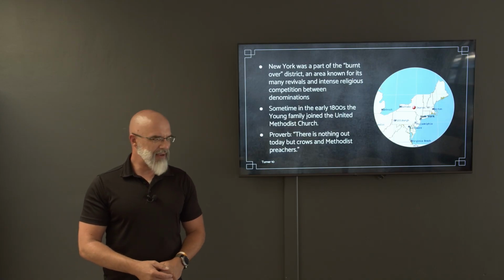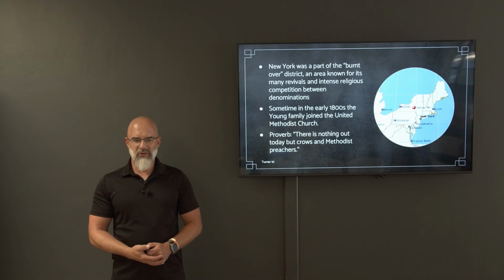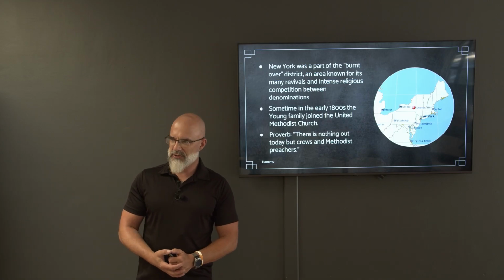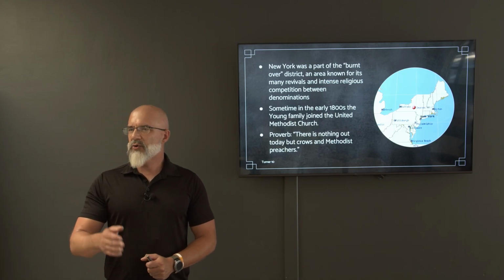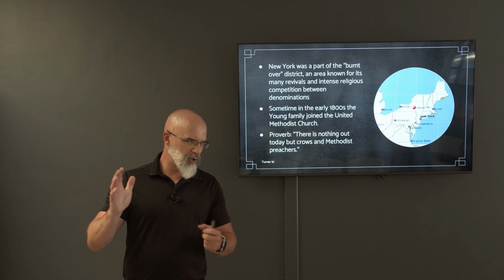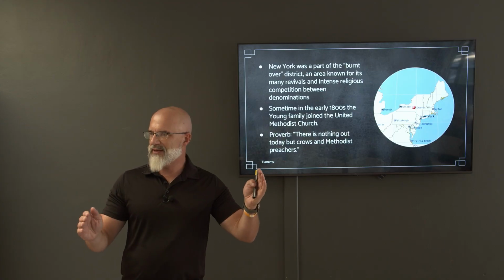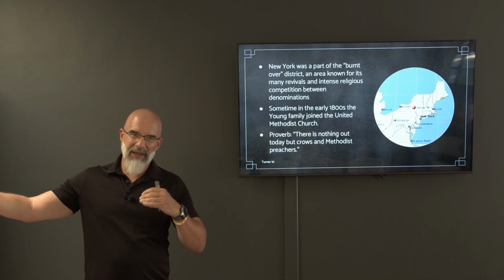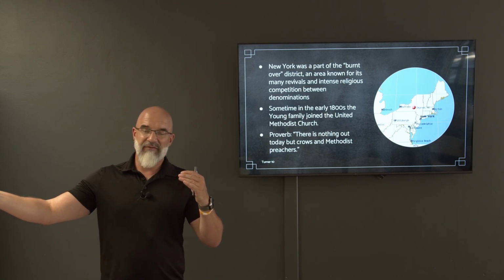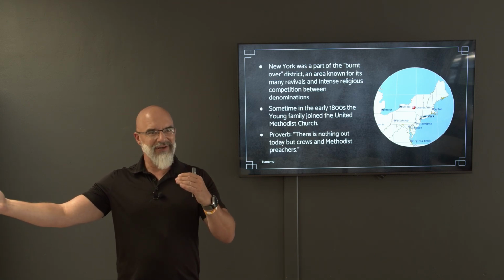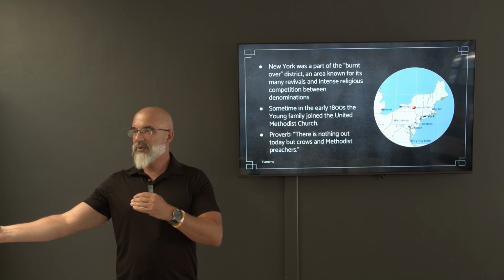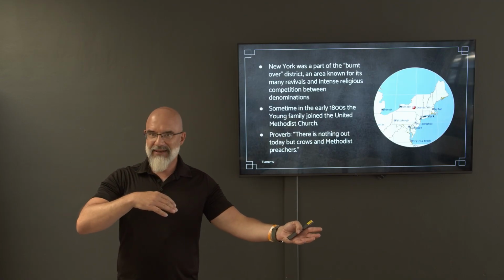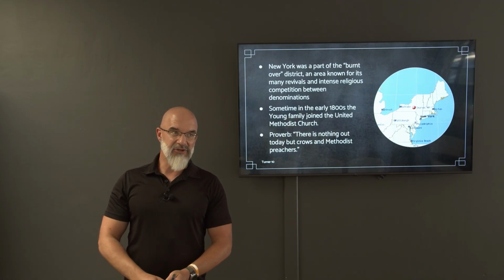And sometime in that period, the Young family joined the United Methodist Church. And when you think Methodist today, if you're familiar with denominations at all, Methodists in 1800 were not the same as Methodists today. When you think United Methodist today, that's a very liberal denomination and very liberal ideology. They would have been the opposite in 1800, and highly conservative